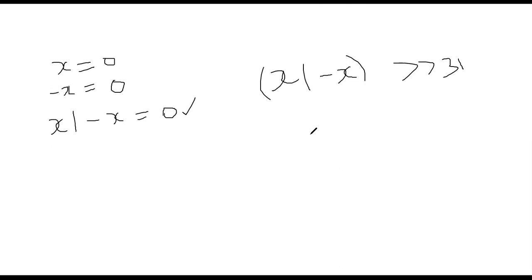Therefore, when you do XOR, the matching bits get cancelled out, because XOR will cancel those matching bits. But the remaining ones are just complements anyway. Therefore, when you XOR complements, you get 1. So this is still okay if you replace this by x XOR with minus x, 31, as far as I can tell. Okay,